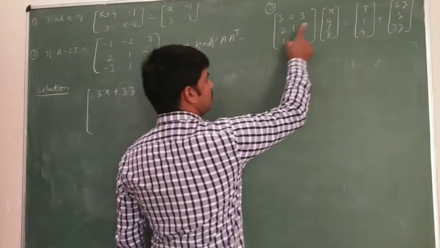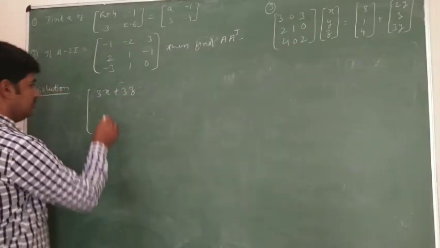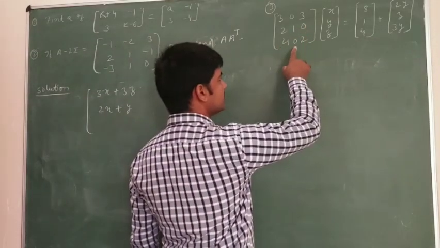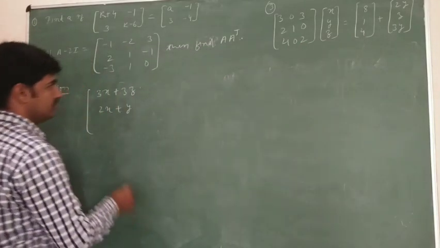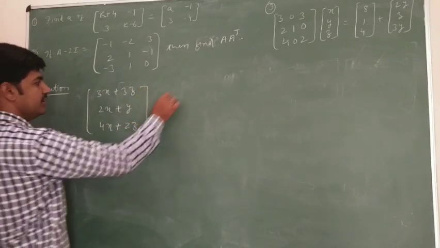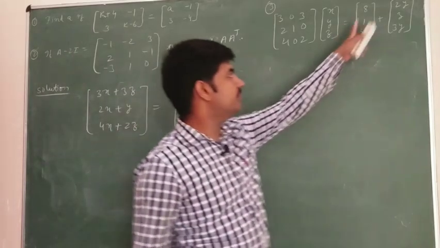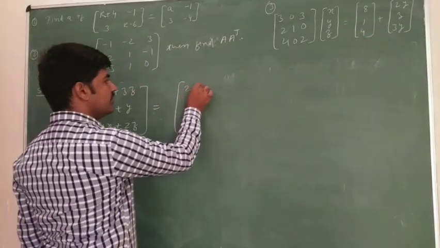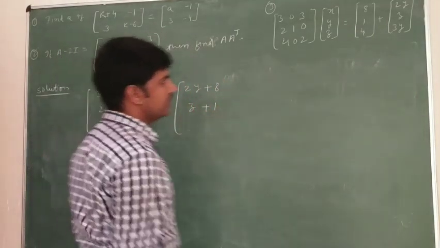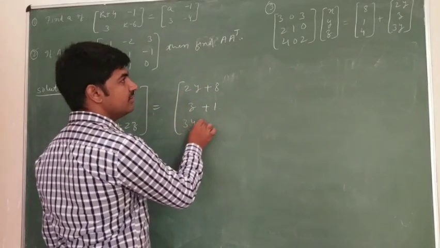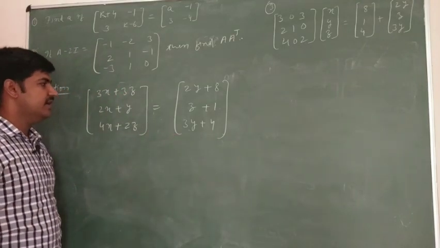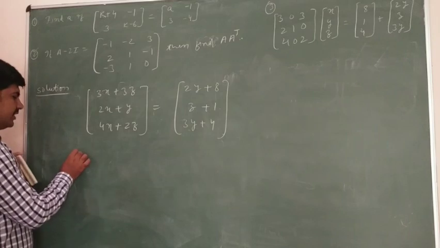Now 2x plus y, okay, and the next element is 4x plus 2z, which is what we have got here. And on this side in the RHS we get the sum of these two, so we get it as 2y plus 8, and then the next one 1 plus z or z plus 1, and then 4 plus 3y or 3y plus 4. Yes students, there are two column matrices and both of them are equal, so we can say their corresponding elements are also equal.